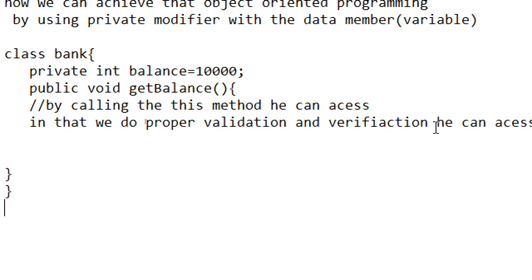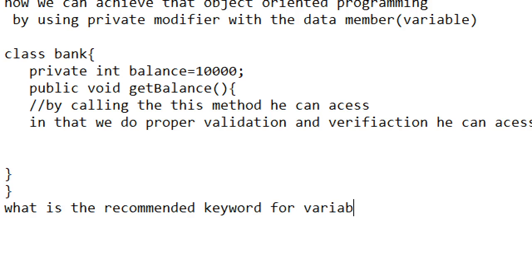So what is the recommended keyword for variables? Private only.